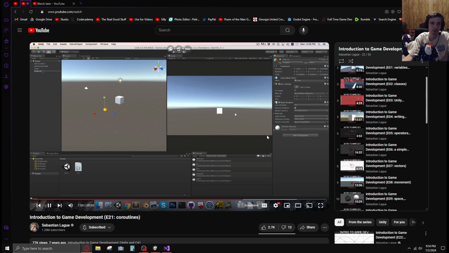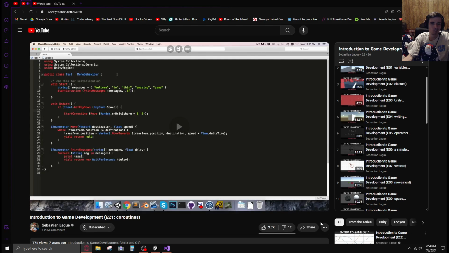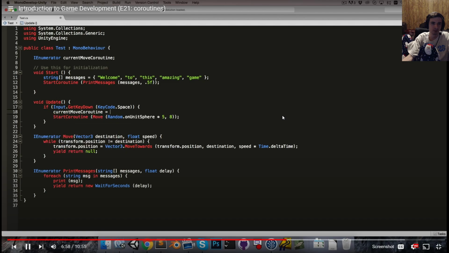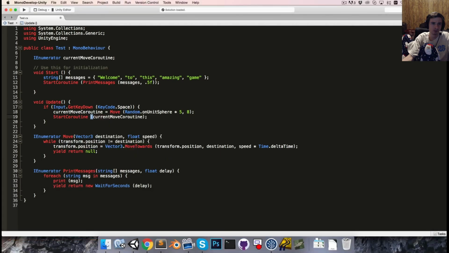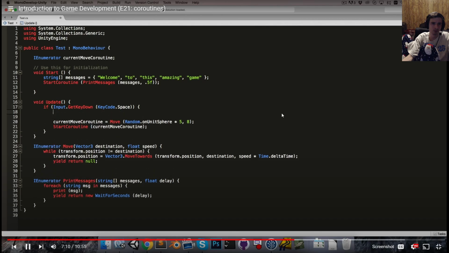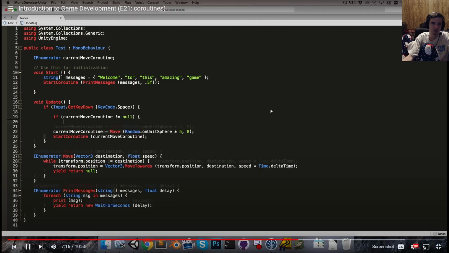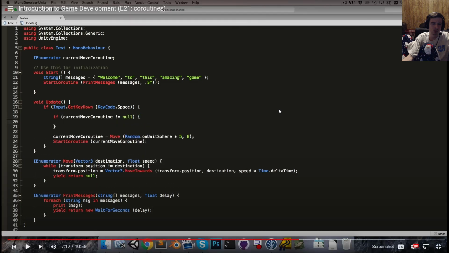This is going to be a waypoint in the path. So to define a path, up the top here, let's create an IEnumerator variable called current move coroutine. And when we want to start a new coroutine, we can set our current move coroutine equal to the coroutine that we're going to be starting. And then we call start coroutine, and we pass in our current move coroutine. Now, before we do that, we can say if the current move coroutine is not equal to null, then we can